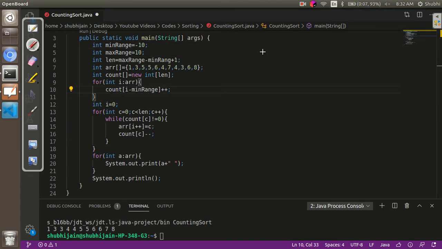Now suppose my numbers were -1, -2, 4 and 3. So the minimum will be -2 and the maximum will be 4. So the length will become 4 minus (-2) plus 1, which becomes 7. So I will have an array of length 7.